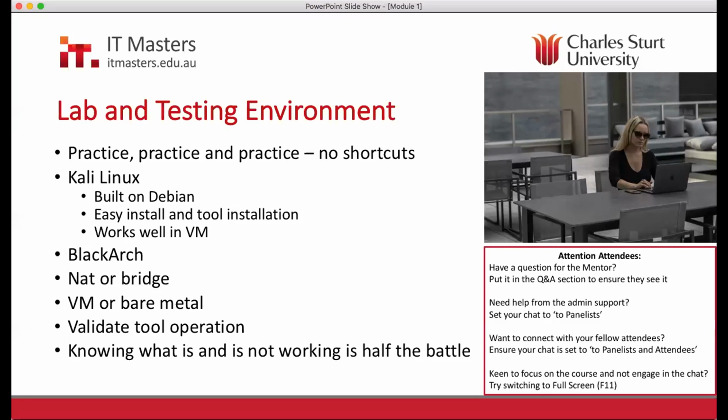or you can bridge and actually ask the network, or the DHCP server your host is on, for an IP address that you can sit alongside. Effectively, your host has two IP addresses: one goes to the VM, and the host one stays with it. You can do that for up to, I don't know, 16, 17 IP addresses. I've not found a limit. I've hosted capture the flag events in that Bridge configuration, and that works well because you can reach the virtual machines over the network. So just think about that.